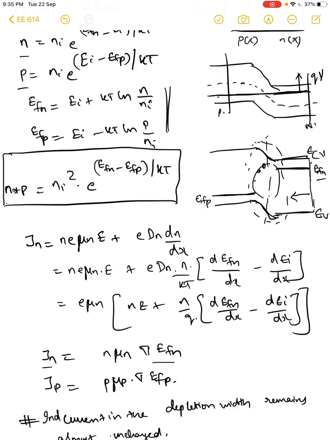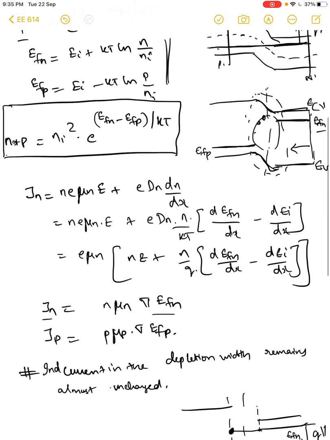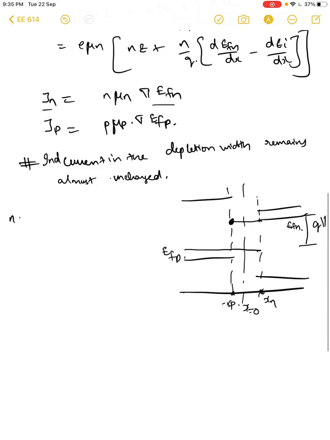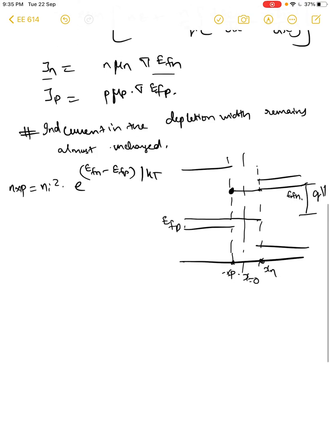Let us take this product n into p that we previously saw, right? n into p is ni square into e power (EFn minus EFp) by kT. And we saw that this is true throughout the semiconductor, so we can draw this product even at this point, at x is equal to minus xp. So at x is equal to minus xp you can have this n, and p, because this is in the p type region, we know that this p will be equivalent to the